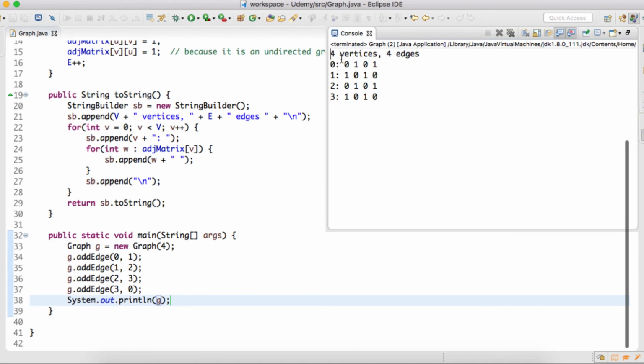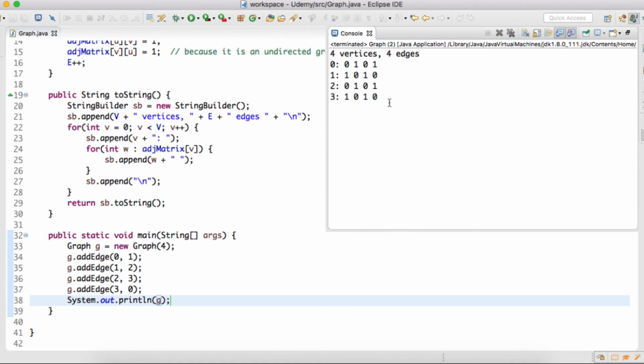so friends, here you can see that there are 4 vertices as we have passed a value of 4 into the graph, and there are 4 edges because we have created 4 edges: from 0 to 1, 1 to 2, 2 to 3 and 3 to 0. And below is a string representation of this graph, which is nothing but our adjacency matrix. This matrix we discussed in our previous slide. You can refer to that slide and see that it represents the same matrix which we discussed.